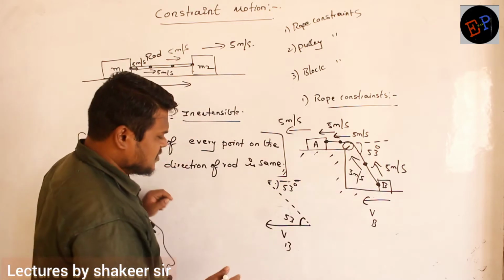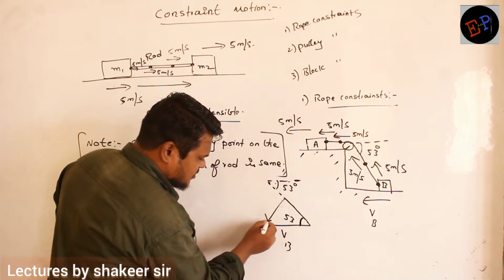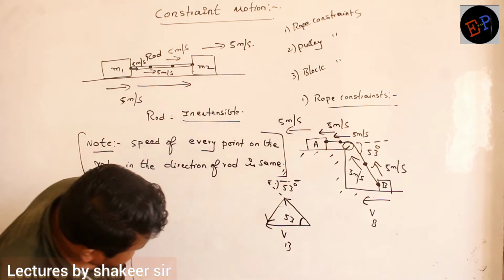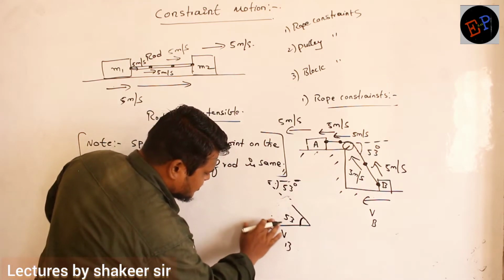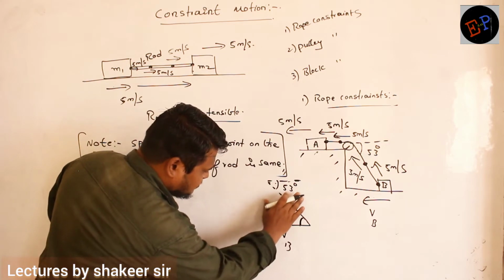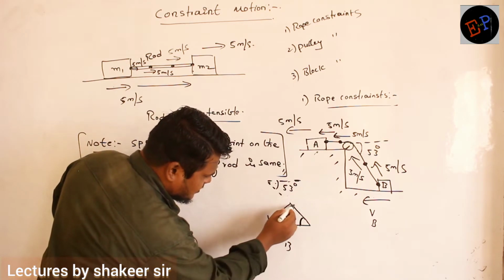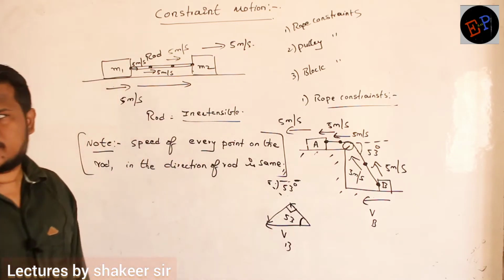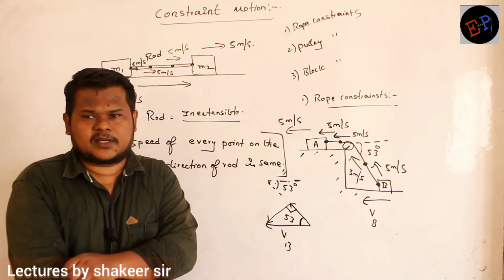Clear, no? So therefore what I will do, I will split this one into two components like this. We split it into two components this way. We know how to split vectors into two components, no? Here the angle should be 90 degrees. So let us draw a good diagram. Okay? That's it. So here the angle should be how much? 90. That is called rectangular components, no? Clear, no? Splitting of a vector into two rectangular components.